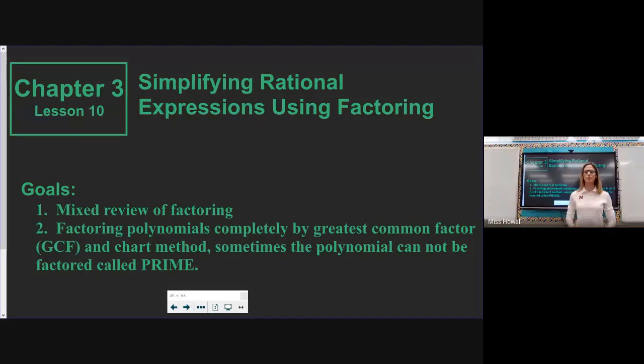Welcome back to Algebra 1. Our goal for today is to continue working with simplifying rational expressions when it requires us to have to